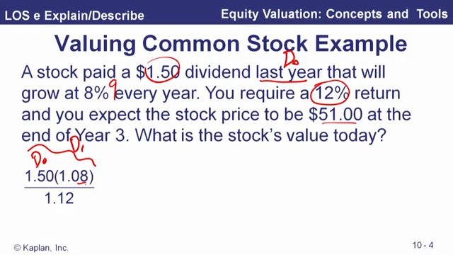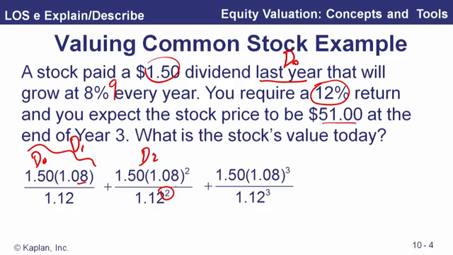So that's the present value of the first dividend to be received 1 year from now. And then we've got our second dividend, so we grow it at 8% again, and that's D2, and we discount that for 2 periods. And then we've got D3, same idea, dividend grows at 8%, discount it for 3 periods,